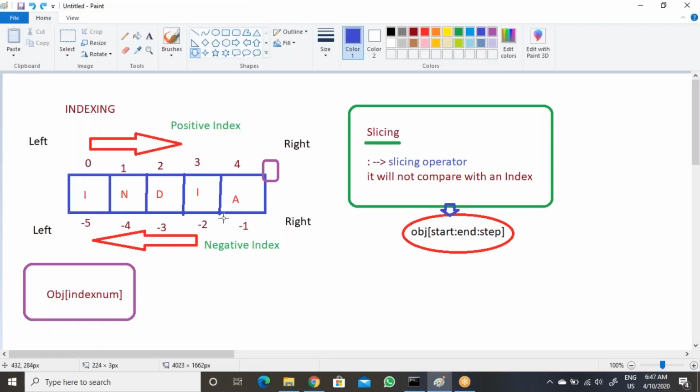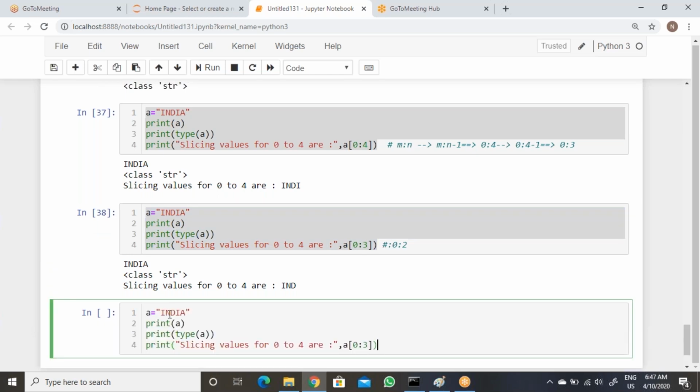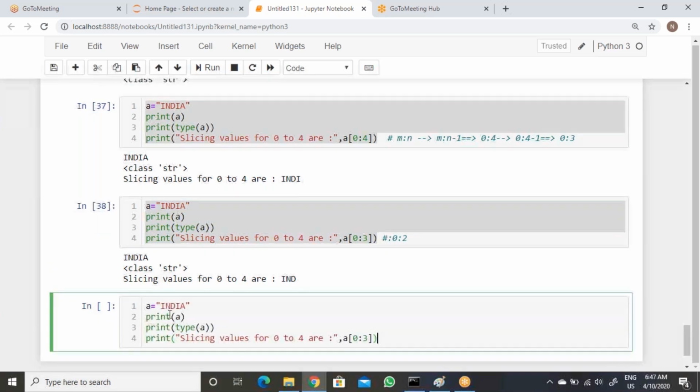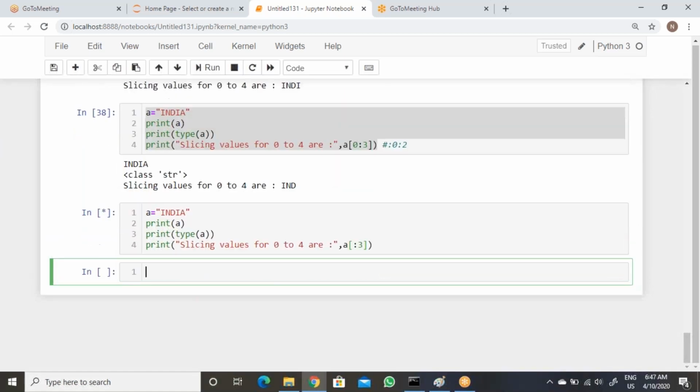So that means minus 1 is there. Similarly, 0 to 3 means internally it will be 0 to 2 only. If you are not passing 0, it will take the default. We don't have any problem with this.